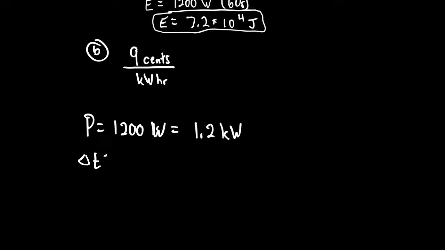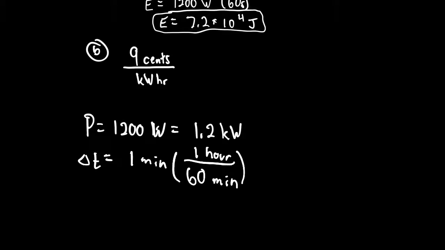How long am I cooking this toast? 1 minute, 60 seconds. Do I want units of minutes? I want hours. So how do I get hours out of this? 1 hour is 60 minutes. So I take my 1 minute divided by 1 hour divided by 60 minutes. I get